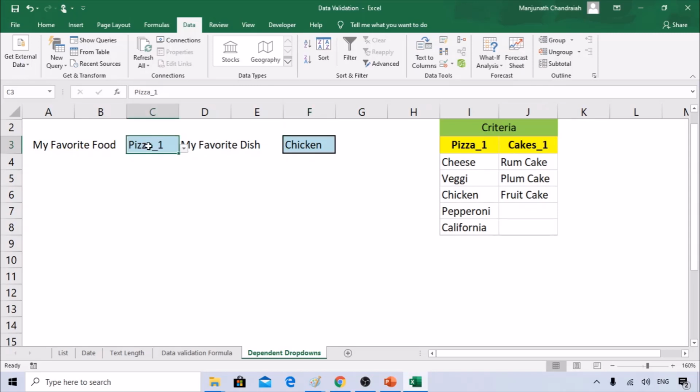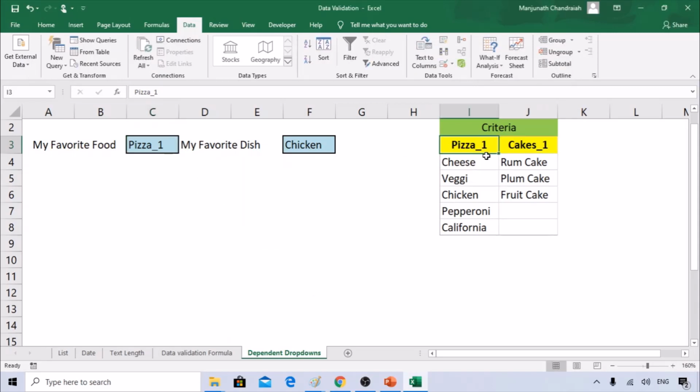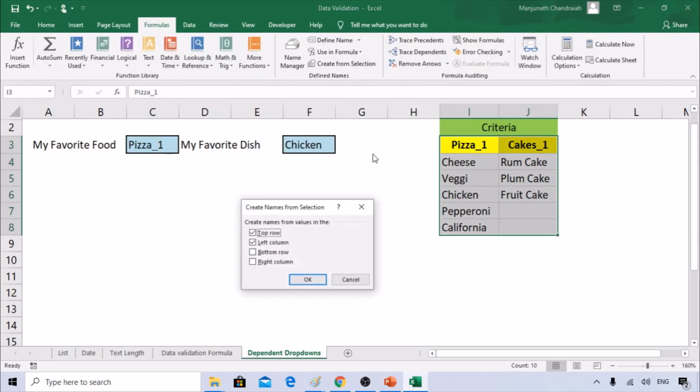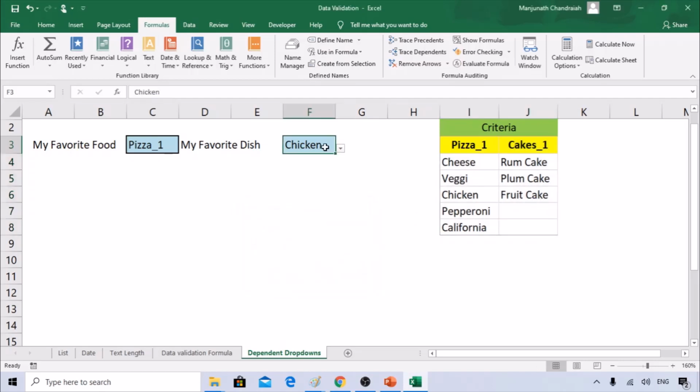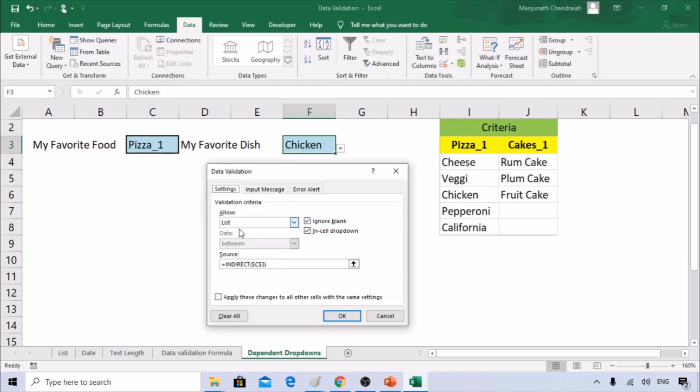The only thing is, for this you need to set the data validation on these two. Once you have selected that drop down, select this range, go to Formulas, Create from Selection, and select the top row. Then click on this, go to Data Validation again, and under List, put the formula INDIRECT, select the C3 cell.